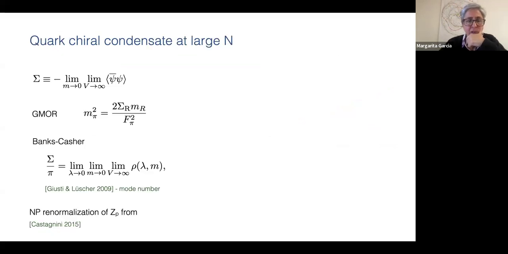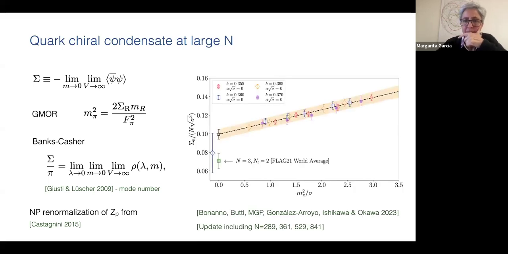Okay. So concerning the chiral condensate, we have computed it in different ways. I'm not going to stop very much there. But I can show you, for instance, here, the condensate scales like N, and these are the values we obtain in the continuum limit as a function of the pion mass, extrapolated to zero pion mass. This is the result that we had in this paper, which had much larger errors, but now we are including larger values of N, and we are able to pin down the error. This is preliminary yet, but we are able to pin down the error, and well, this is the real-world value. Okay.